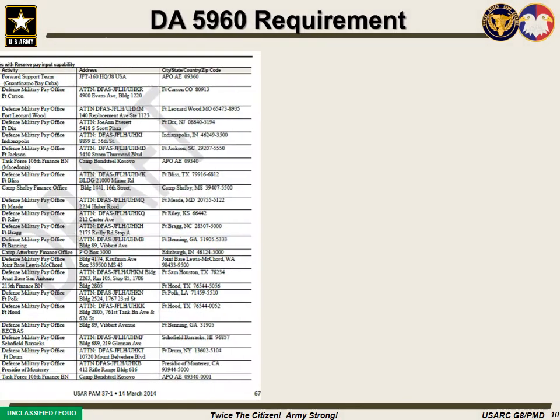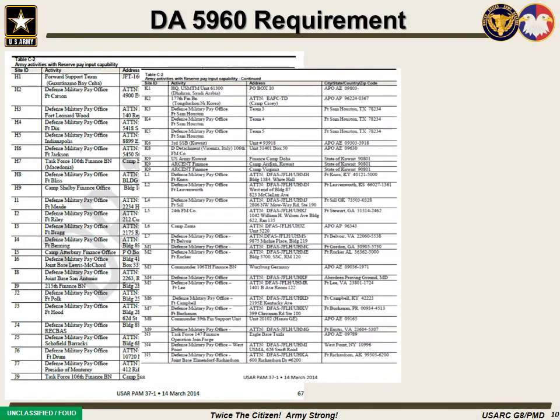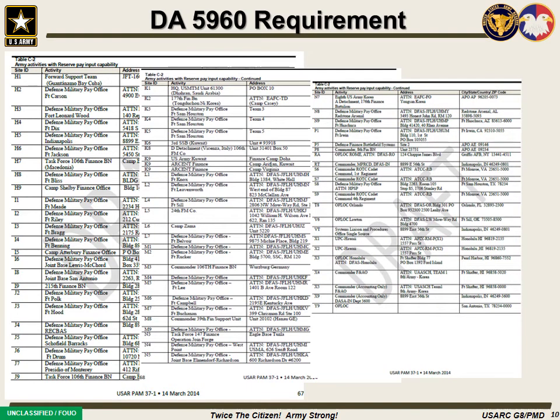When soldiers perform active duty of 30 or more days, the paying finance office must receive a copy of the RLAS DA Form 5960 to ensure they pay the correct rate of BAH. This is an excerpt from the USAR Pamphlet 37-1, Appendix C, Table C-2. It identifies Army installations with reserve pay offices. Soldiers performing duty at these locations must provide their orders and RLAS DA Form 5960 to the installation finance office